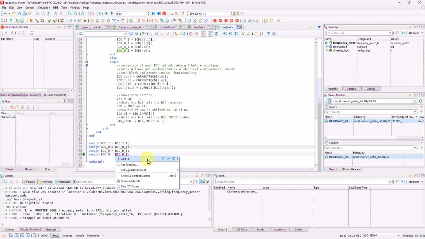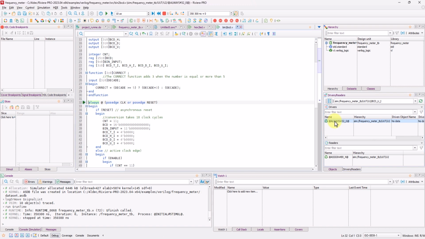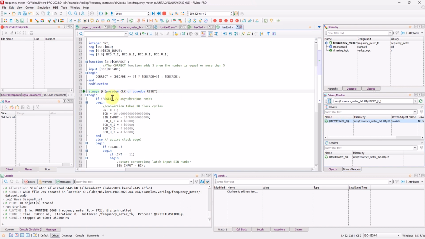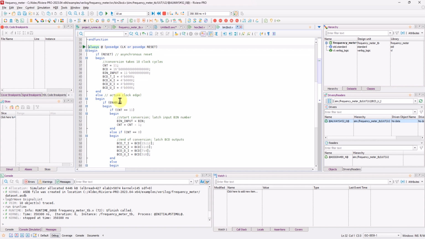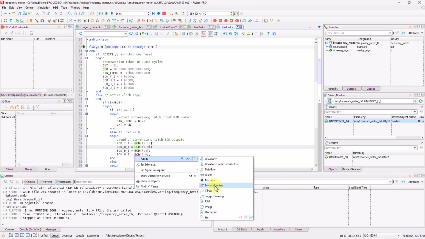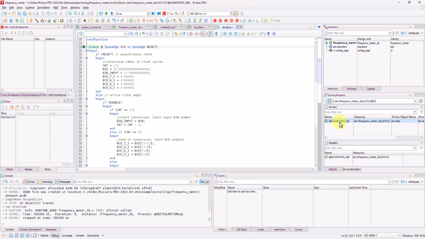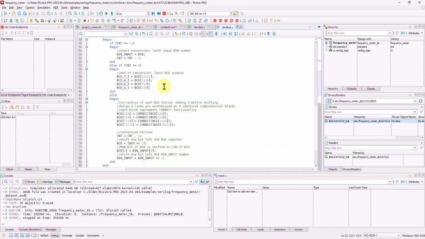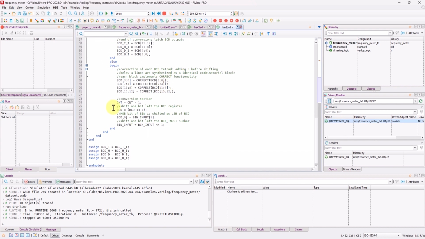Click on the driver's name, and we could see that this signal is driven by this always block. Scrolling down, we can see that aside from the value it has when reset is true, BCDUI gets its value from BCD. So let's add BCD to the drivers and readers window, and it looks like it's driven by the same always block as BCDUI. Scrolling further down the code, I can see that this is where the tracing path ends because BCD is a